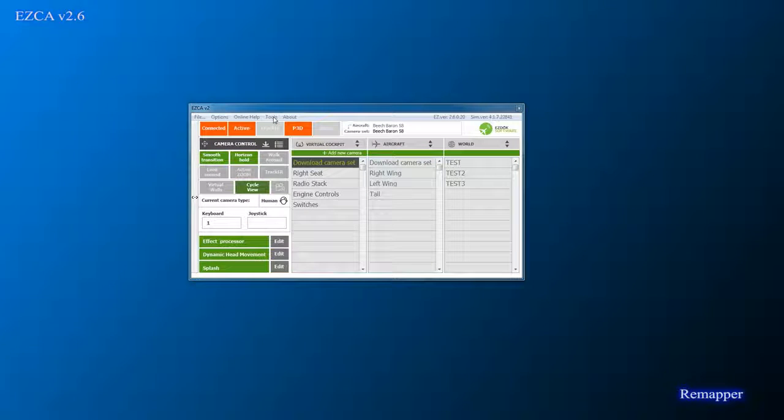This is a video guide on EZCA camera add-on by the author. You can open Remapper through Tools menu, Tools Remapper, or by pressing the icon where the old version of Camera Manager